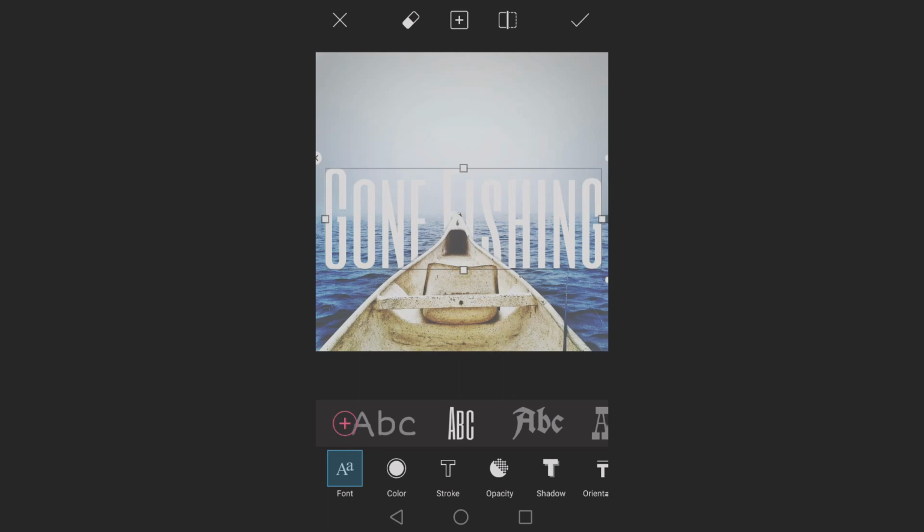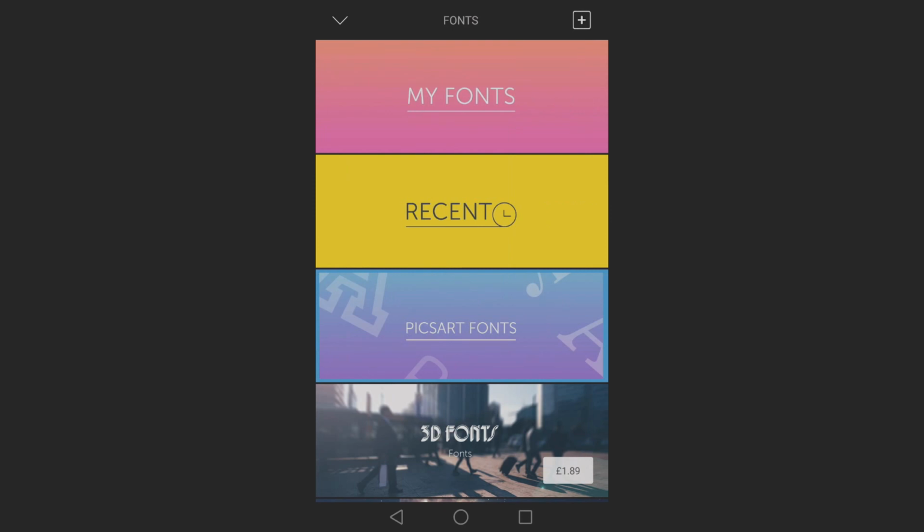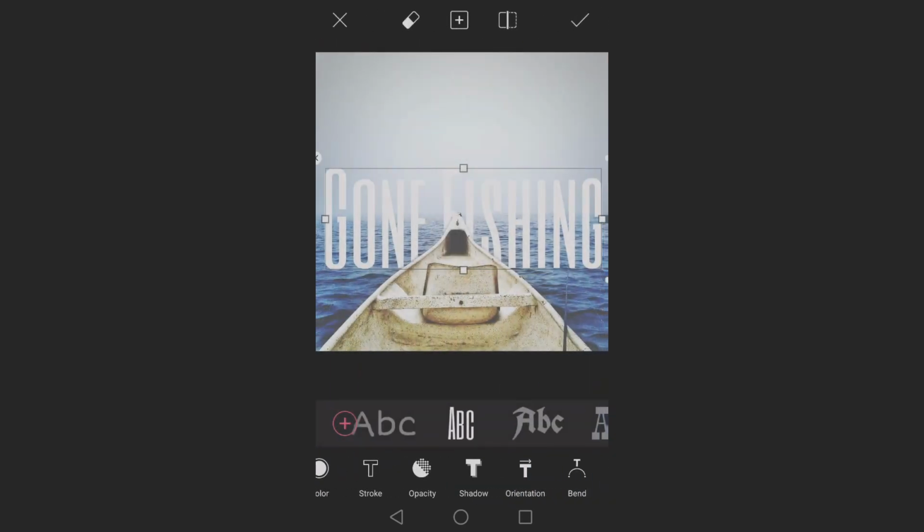But Picsart stood up and stepped to the challenge, and they've given this option. They probably had it for ages, and I just haven't come across it because I've been so steadfast on using Phonto. But this is it. So once you're happy, you have that option to add your own fonts. You can also do some of the basic image editing on it,